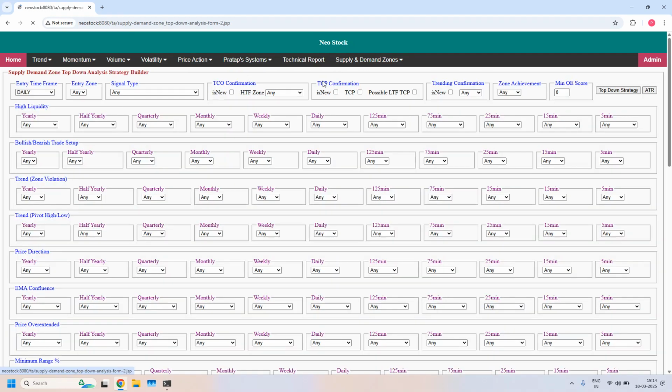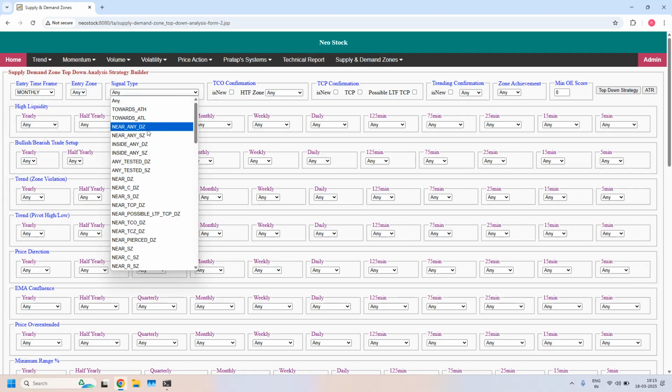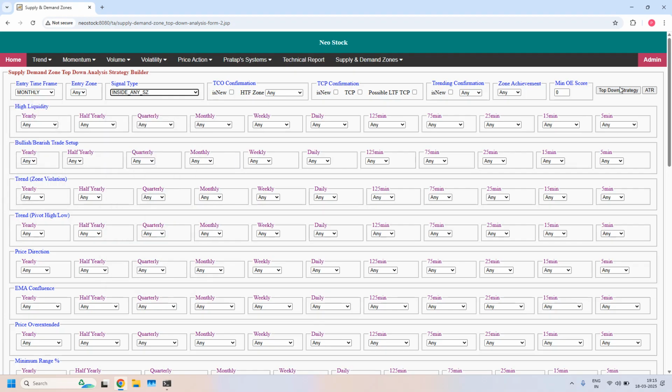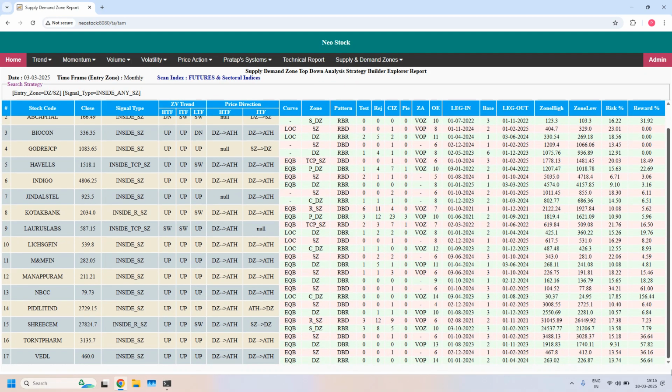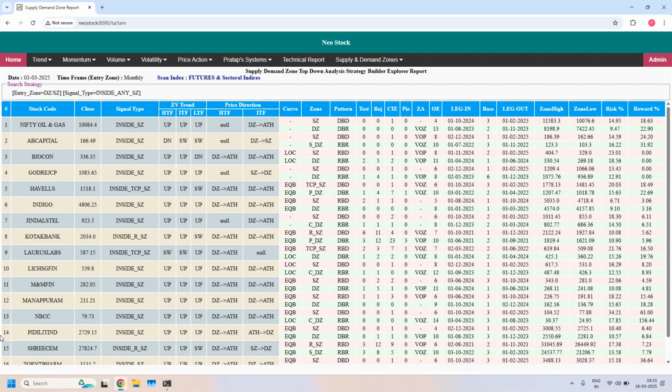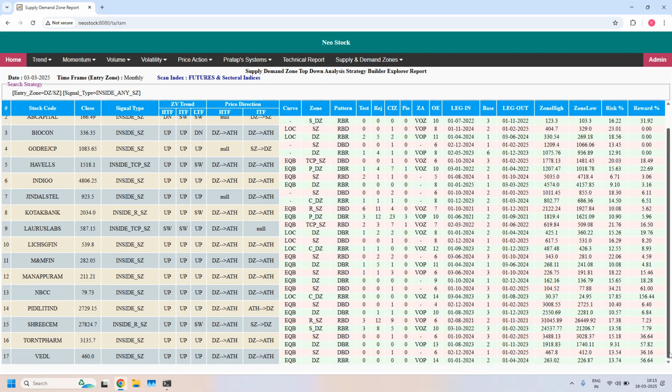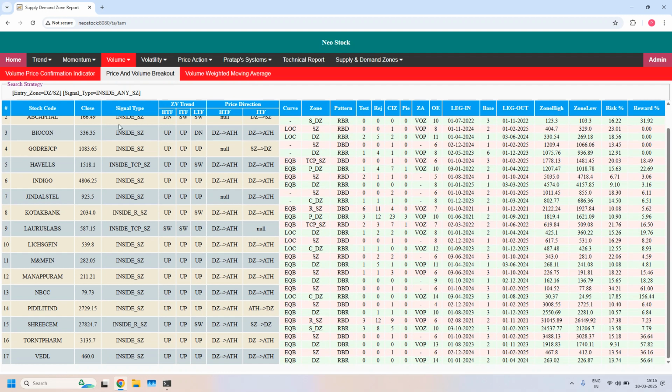Next, monthly time frame. Price closed inside the monthly supply zone. We got 17 stocks. First 15 stocks in the list. Scrolling the list down. So total 17 stocks are filtered. Okay, next,